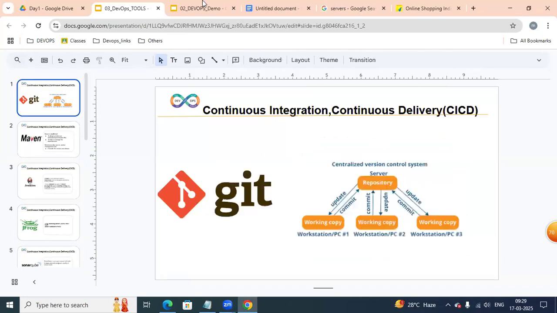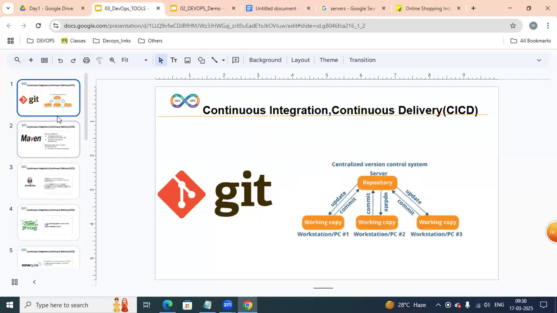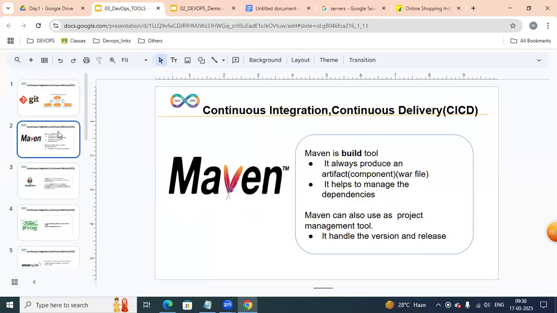So Git is a version control. Repeat again, please; some of the students ask me. Git is a version control. Whatever lines of code are written by the developer, we are going to maintain those lines of code in Git. Once it is maintained, we are going to execute and build the project with the help of Maven. Maven is a build tool.